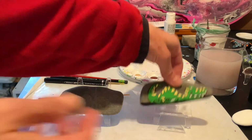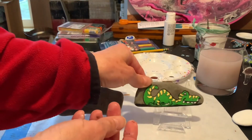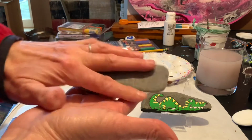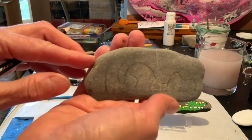Today we are going to make this awesome dinosaur. Super easy, and we start with a similar shaped rock. So it's oval. I tried to choose a big rock because it's easier to do the design rather than something